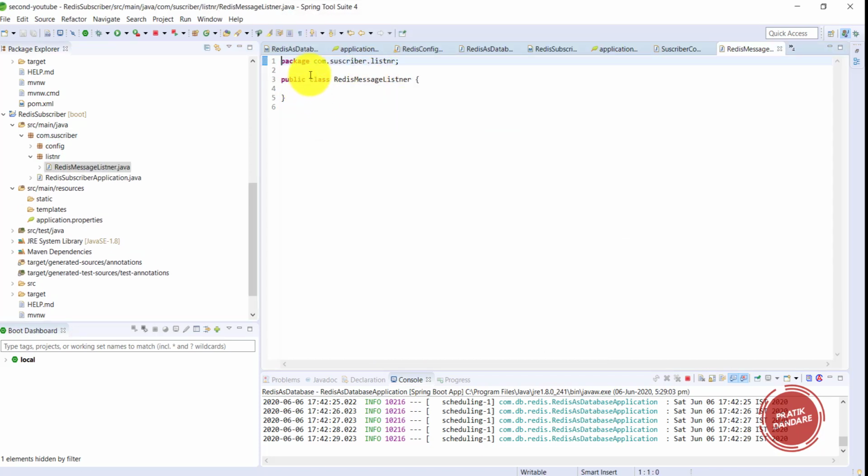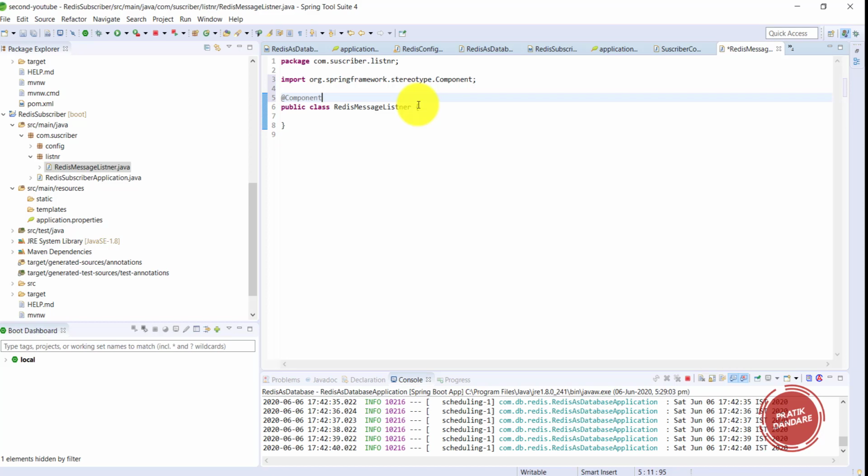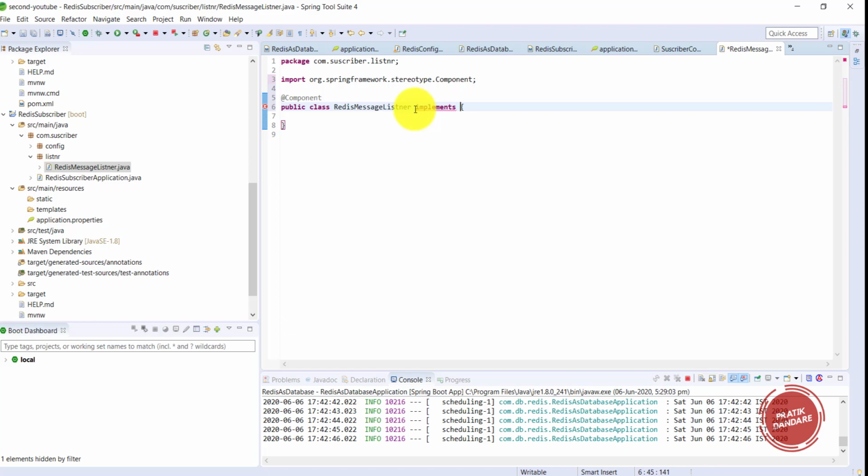I am going to add the annotation called Component. Basically, whatever message is sent by the publisher, we get it here. Okay, so I'm going to write an interface here, which is MessageListener.